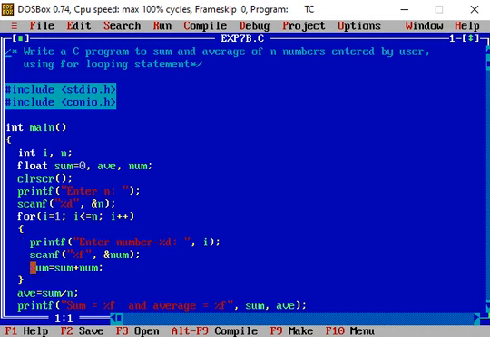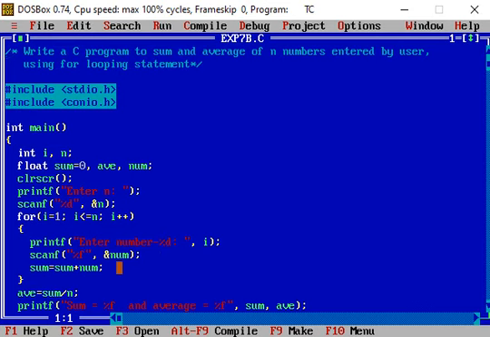In the body of the for loop, the printf statement prints the message on the output screen: Enter number %d. At this point, the initial value of i is 1, so it shows Enter number 1, and then the user enters the first number.